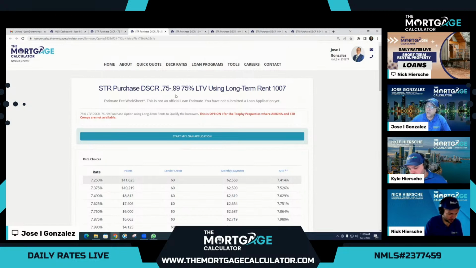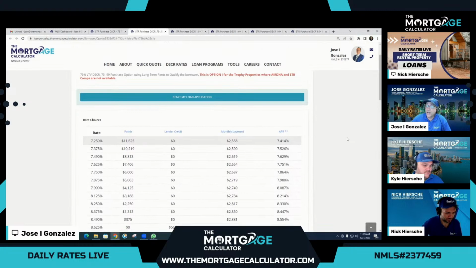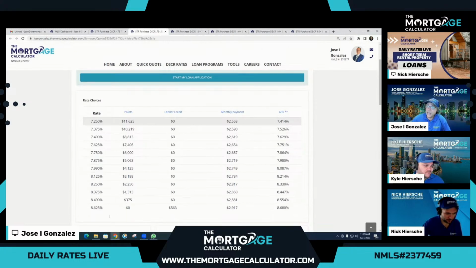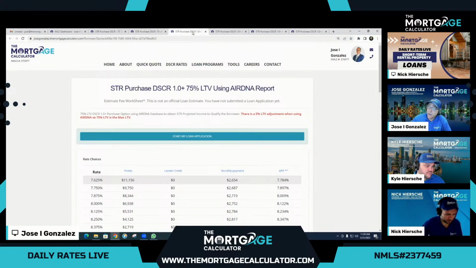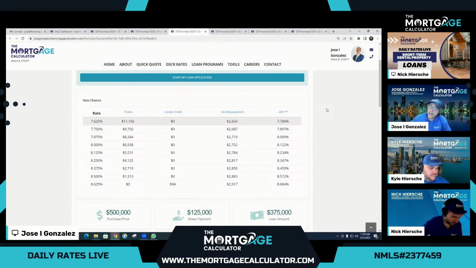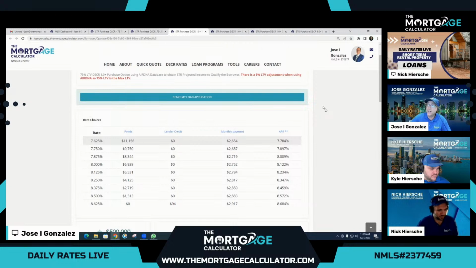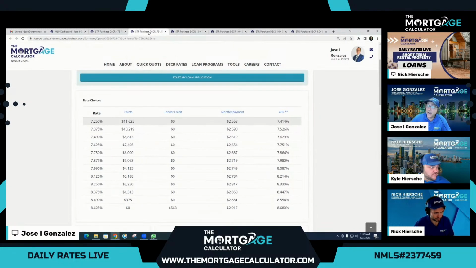We have two of these. This is the first option, which gives a little bit better rate and lets you go to 75% LTV using long-term rent. Now you will notice that the rate here is actually a little bit better than the AirDNA option. So remember what you're looking at. The AirDNA option is maybe strictly if it's short-term rental and all that kind of stuff. If you went down that rabbit hole, but if you're looking at apples to apples, this one has a better price. It's a $563 lender credit, and you can buy it down all the way to 7.25